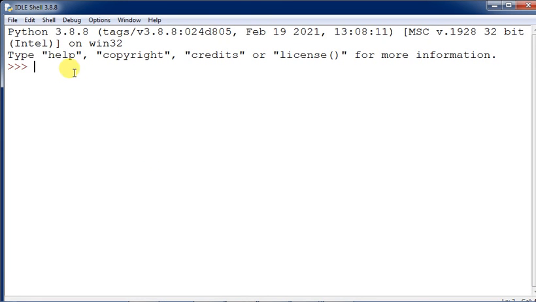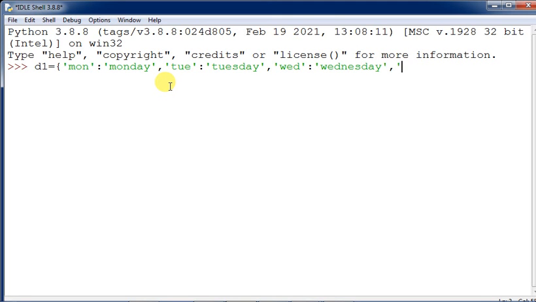D1 equals, say, Monday colon Monday, then Tuesday colon Tuesday, then Wednesday colon Wednesday, and then Thursday colon Thursday. So this dictionary has been completed.